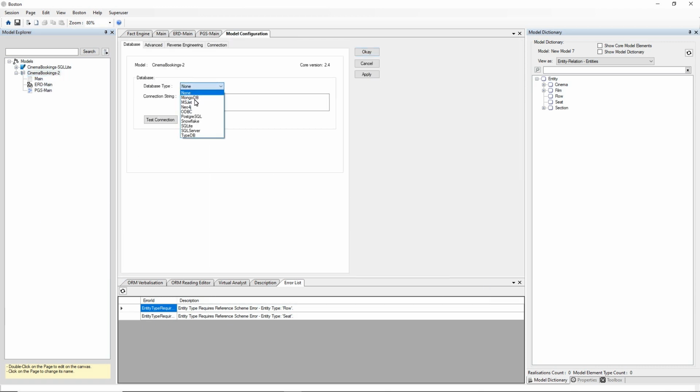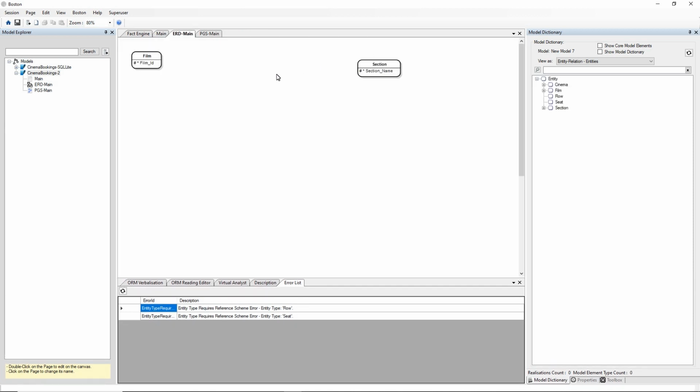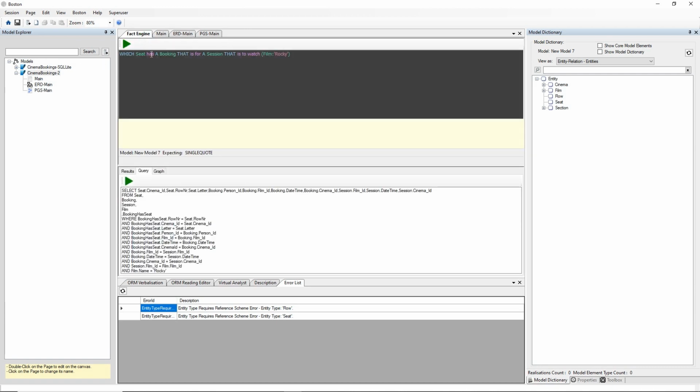I'm going to set its database type to SQLite, give it a connection string, test that connection, it's successful, apply that, and now Cinema Bookings 2 is hooked up to a database, and we can start to query it already